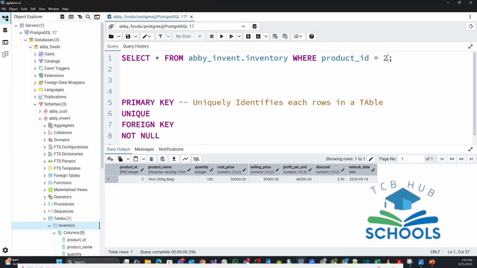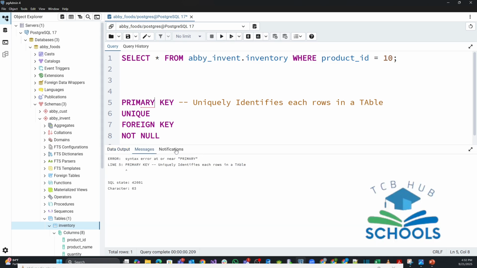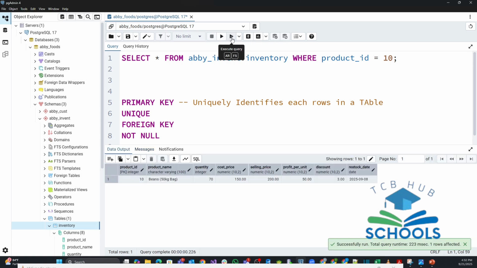If I change this and make it 7, it will give me the record on product ID 7. If I change this and write 10, it will give me the product on product ID 10. Let me see. Syntax error, where product equals 10. Oh yeah, I'm supposed to run it from here. Yes, you see, it gives me these records. So what am I trying to say? I'm trying to explain to you that